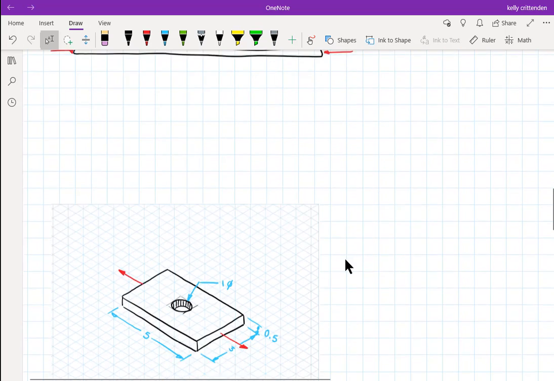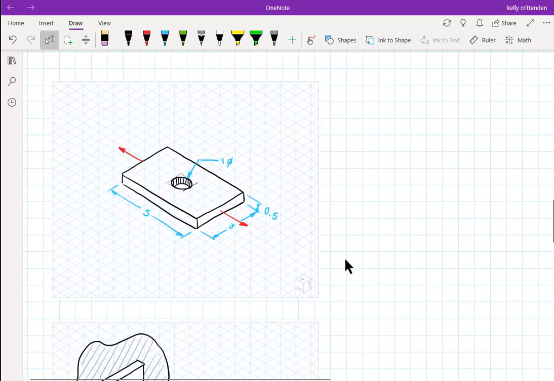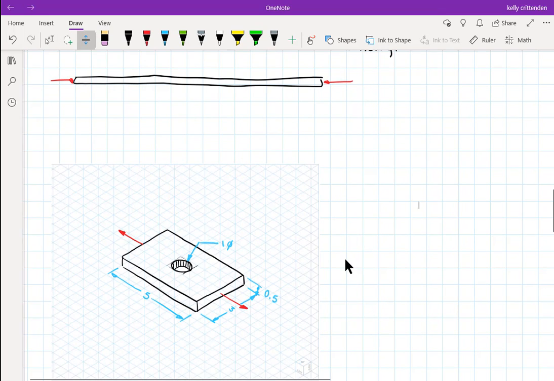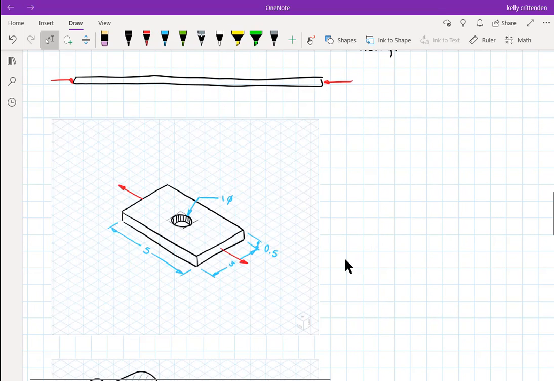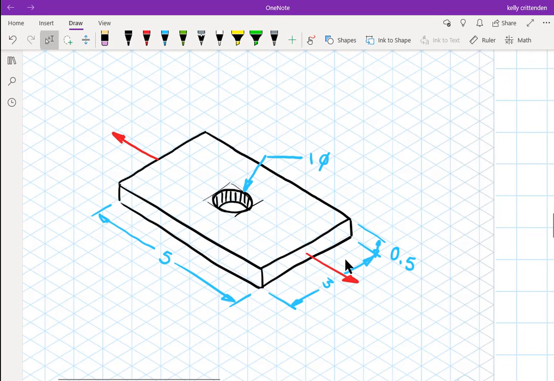All right, let's look at this guy. So here's our little isometric grid again, and we've used it to draw a plate, a little metal plate. It has a hole in it, and I've got some forces. Let's make more force than last time. Let's do 5,000 pounds. And if I have 5,000 pounds pulling the plate in this direction, for it to